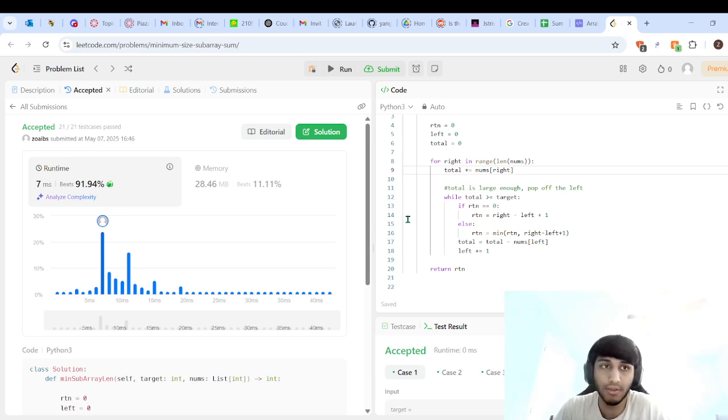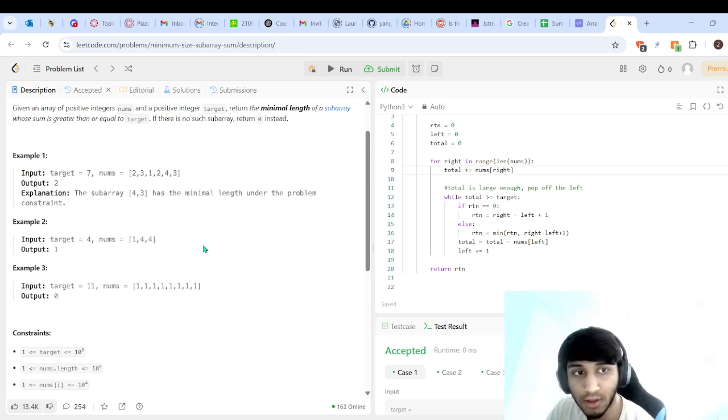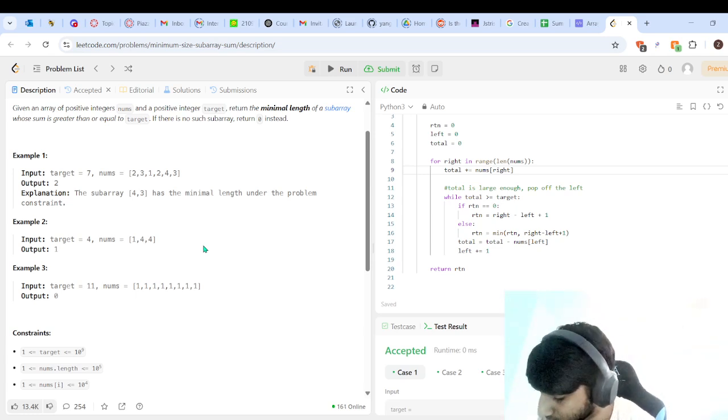But yeah, let me just go through the example test as an example, right? So we got 2, 3, 1, 2, 4, 3. So L and R both start on 2. That is not greater than or equal to the target of 7. So we move R to 3. Now our total updates from 2 to 5. It's still not enough, so we increment R again. Now it's 6, still not enough, increment R again. Now it's 8, that is enough,